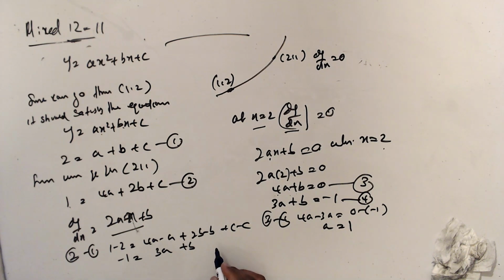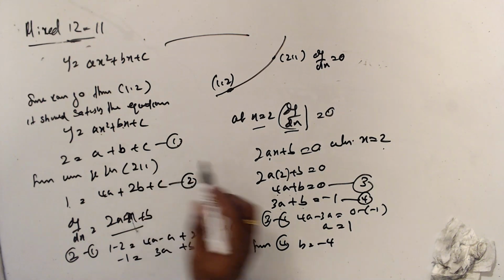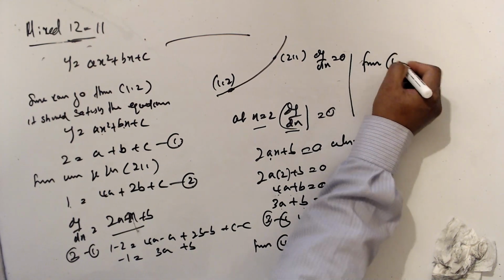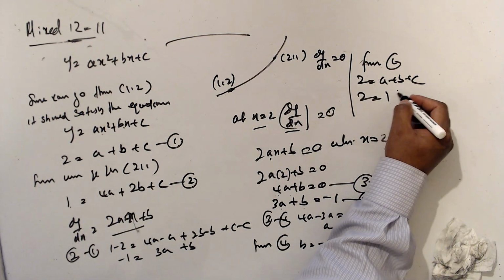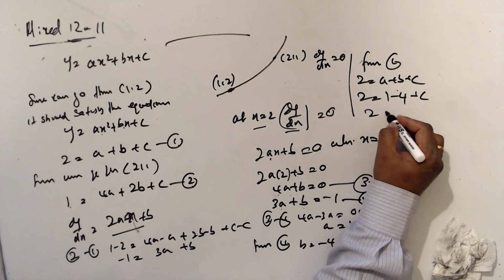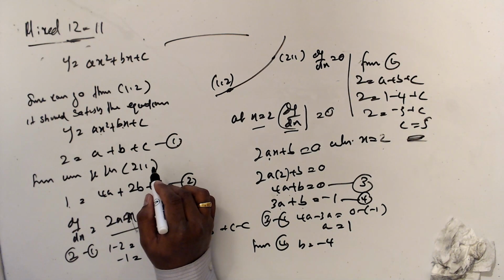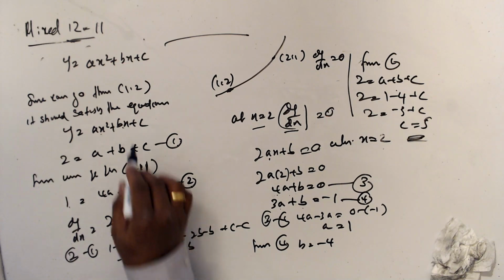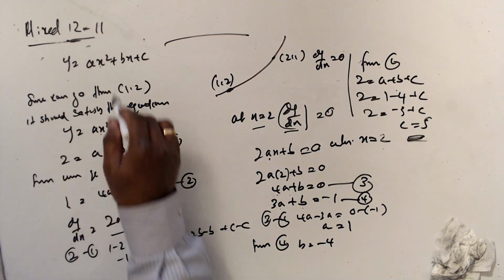When a equals 1, from 4, b equals minus 4. Right? Then from 1, 2 equals a plus b plus c. 2 equals a is 1, b is minus 4, and c. So 2 equals minus 3 plus c, c equals 5. Here, since the curve goes through (2, 1), I just substitute here. So the y value is 1 and the x value is 2, which is 4a plus 2b plus